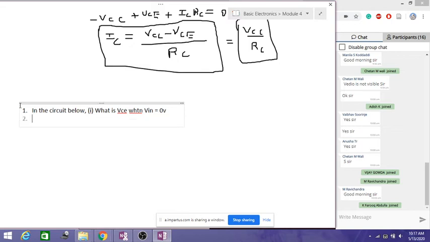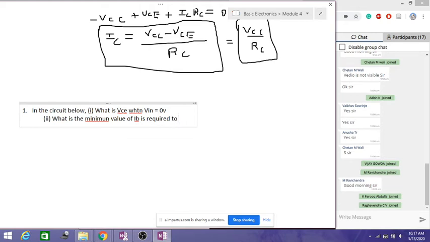This is the first one, and the second question is, what is the minimum value of IB required to keep the BJT in saturation,